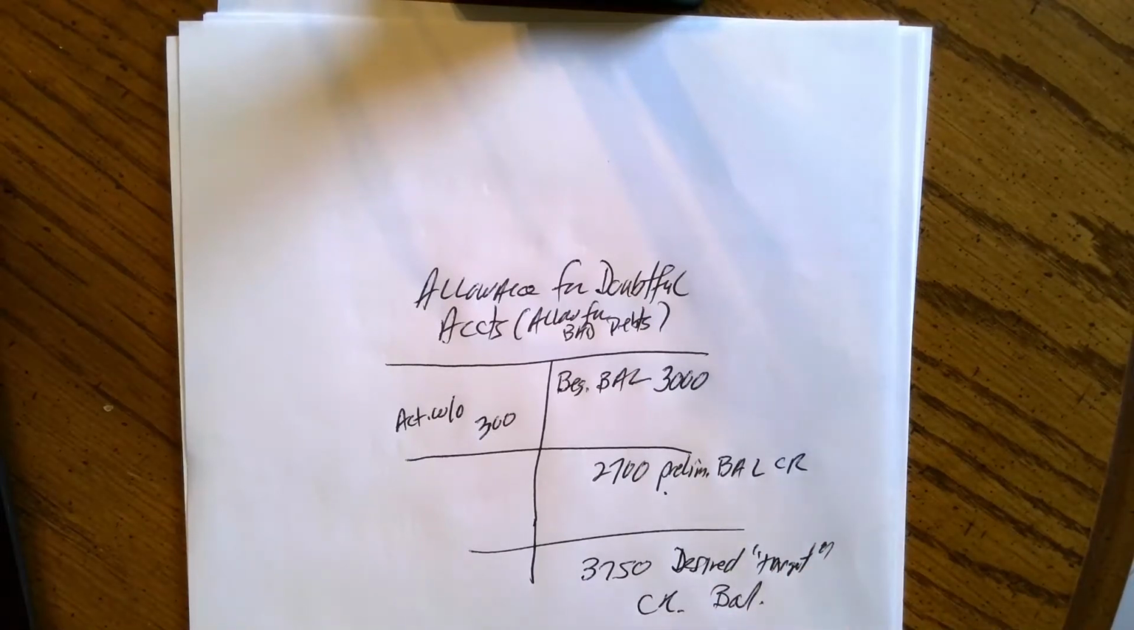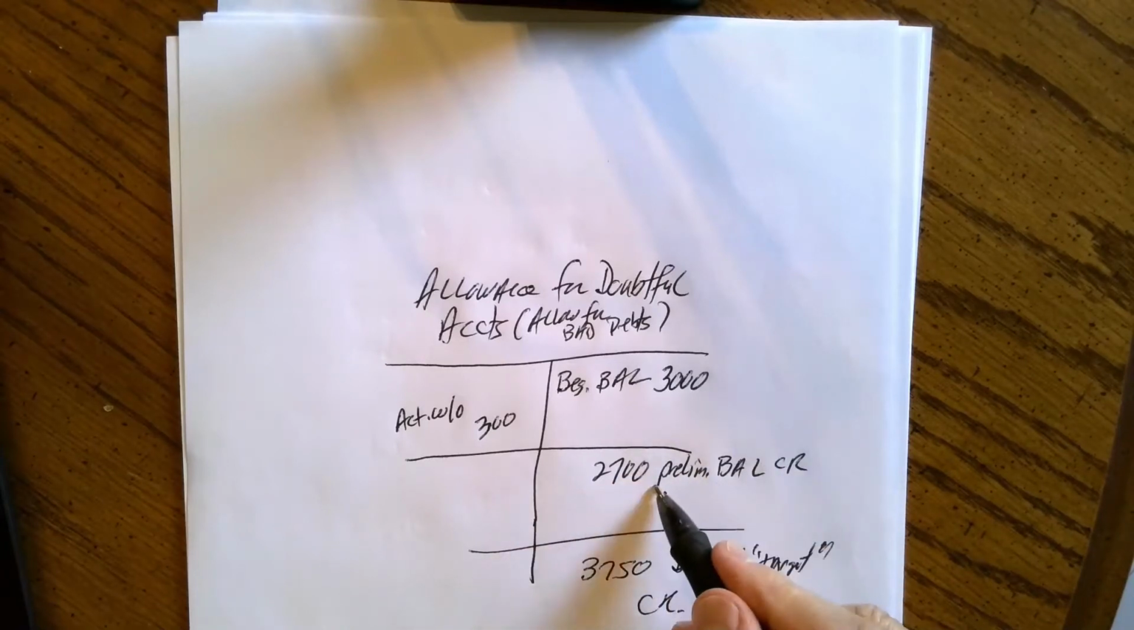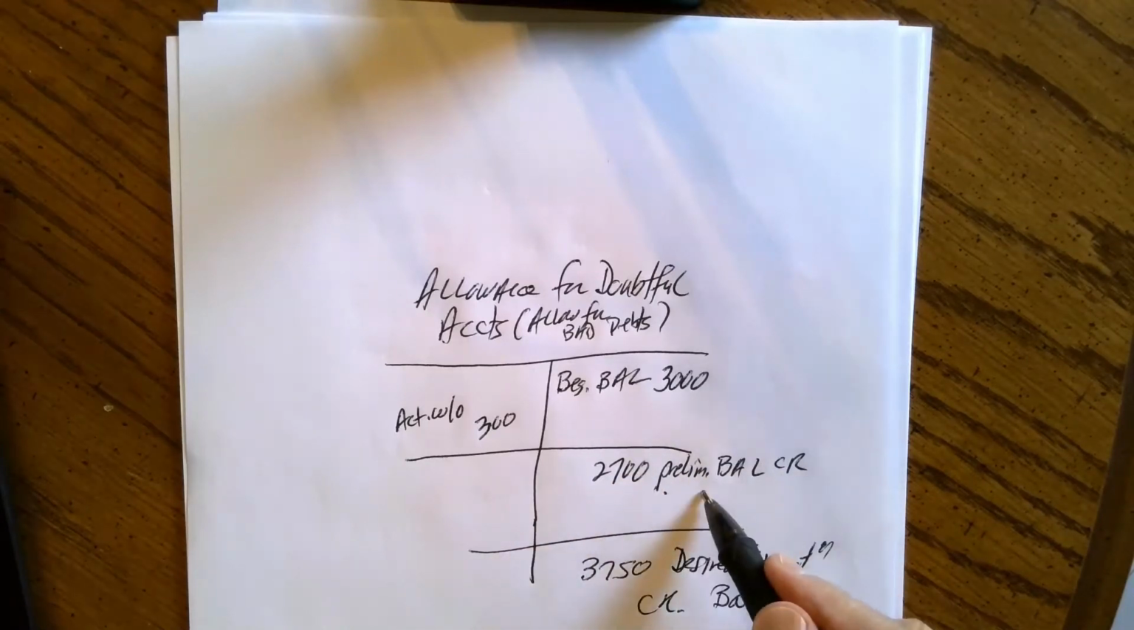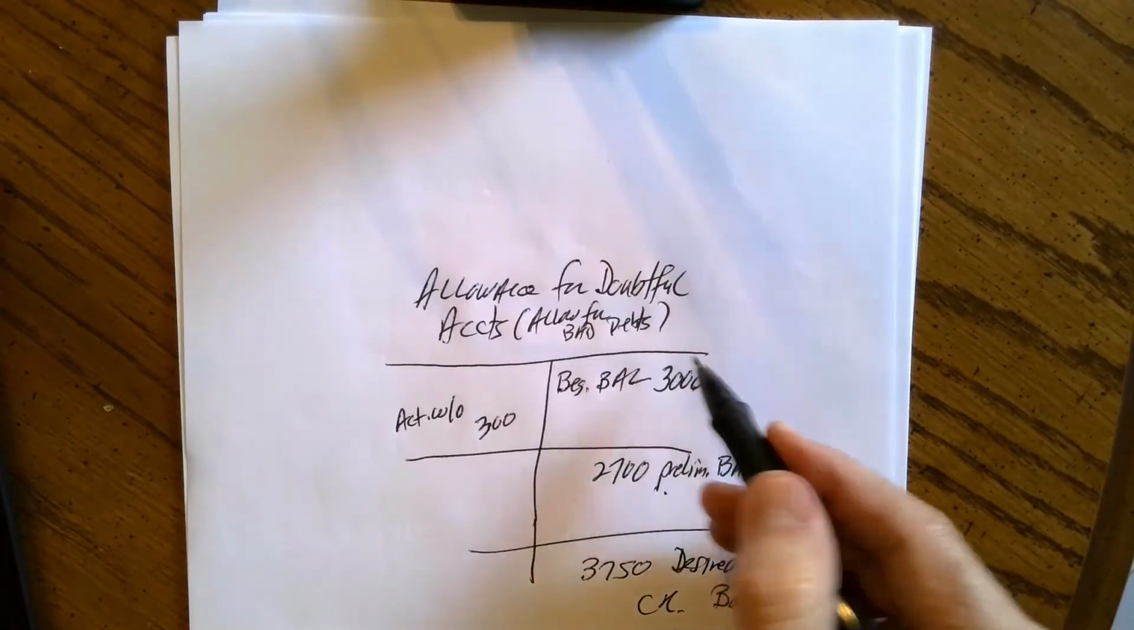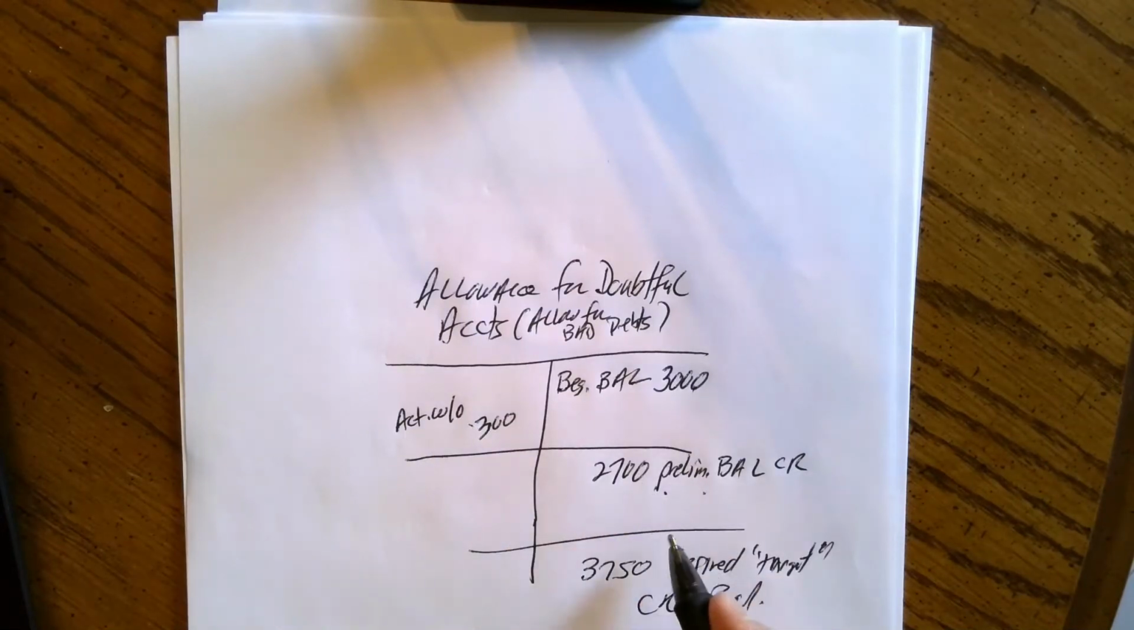Credit. But I can't make a journal entry yet. I have to analyze my current balance in that account, and over time, by the way, that's going to change. I can have a balance in it. I have some actual direct write-offs. And so at a point in time, when I make this estimate,